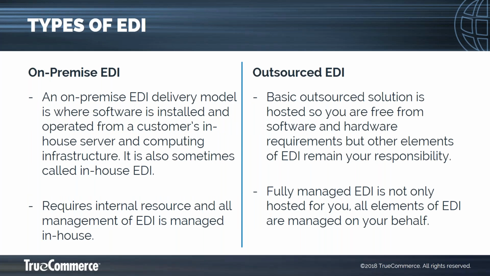So there are also a few ways to deliver these solutions, and again, we touched on some of this earlier on. Traditionally, there was an on-premise in-house delivery model where software is installed at each end and messages sent by a value-added network. There's a heavy reliance there on internal IT resource to deliver and support an in-house solution. In recent years, we've seen more and more organizations move to an outsourced model where the software is hosted externally by a cloud provider. However, support of the system is still managed in-house.